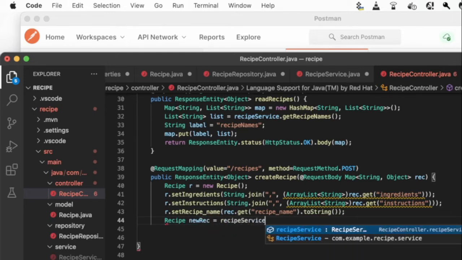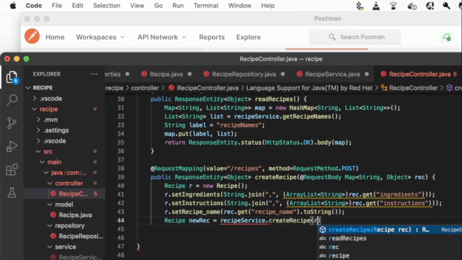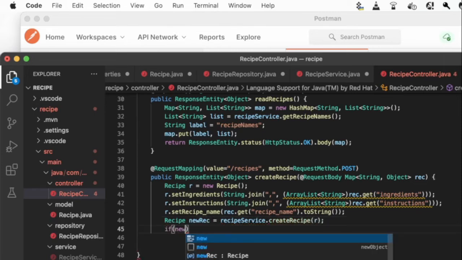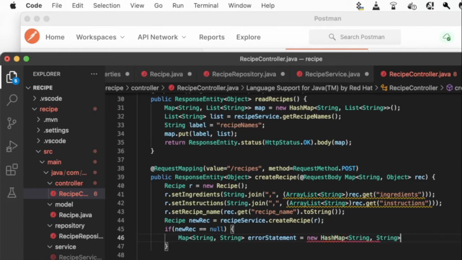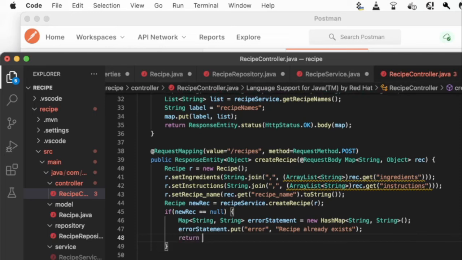Equals recipe service dot create recipe r, and remember this returns null if the recipe already existed. So we're going to have the null case, and in that case we're going to print an error message. The error message here is going to be a type map, and the reason why is because of formatting. Like, it looks nice to have an error : error message format. So that's the only reason we're doing this here. So error statement dot put error, recipe already exists, and then we're going to return in the null case